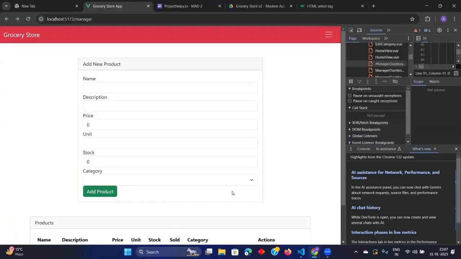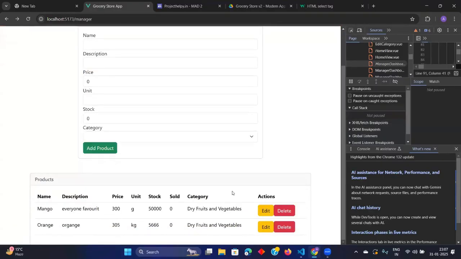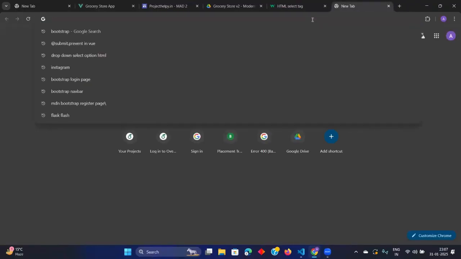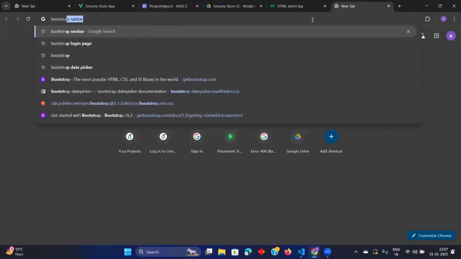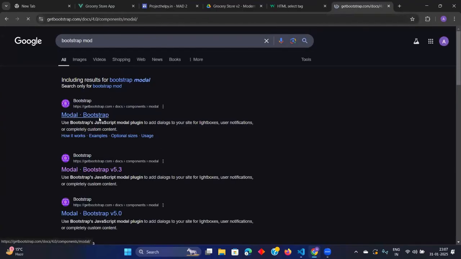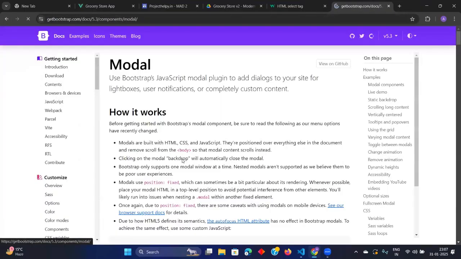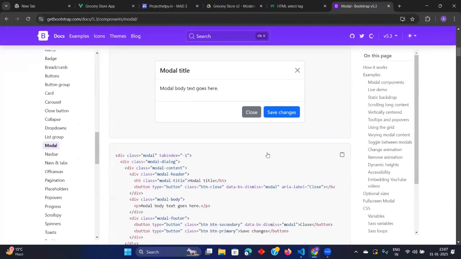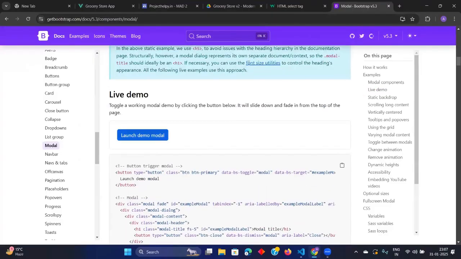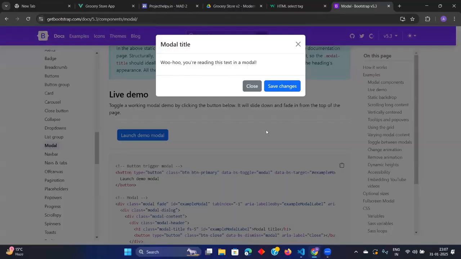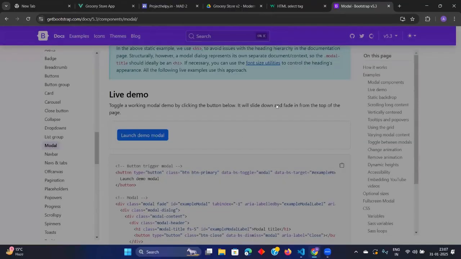The thing is, Bootstrap modals make your work a little bit complicated to understand. So let me show you Bootstrap modals first. So you see, this is how it will work. This is actually a modal. If I click on this, you see this thing will come here. We will edit this thing and then click on save changes. It will get updated.